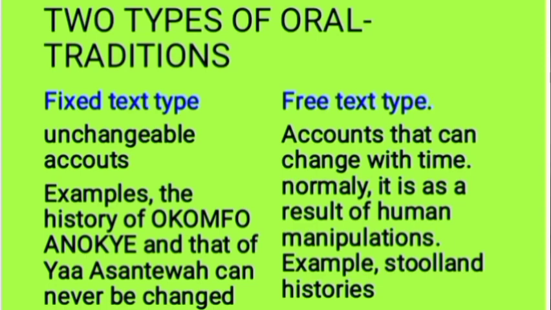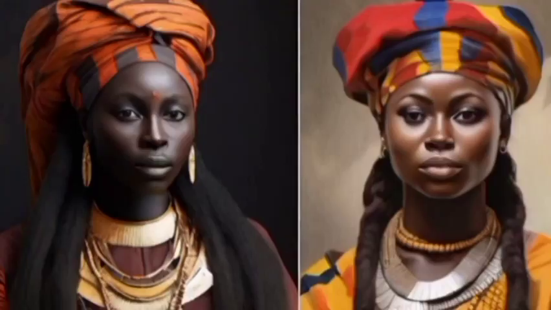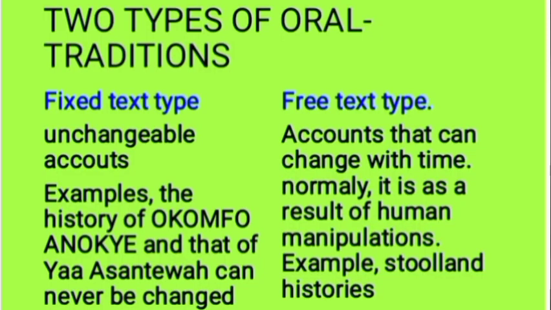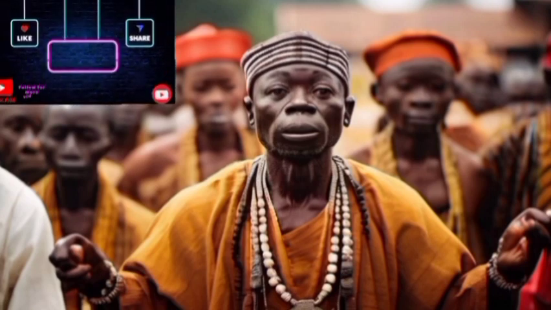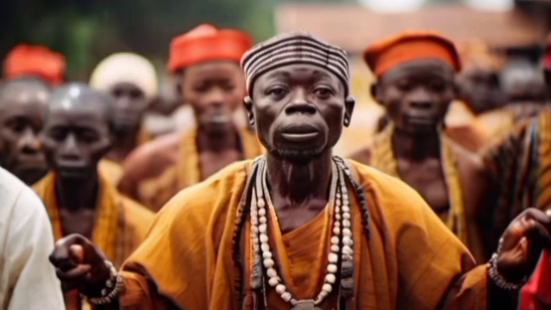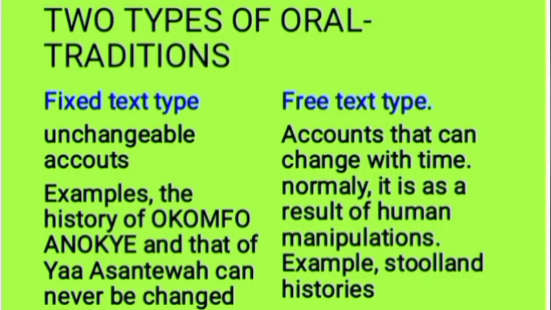No matter what you do to that particular history, it is fixed. The history of Yasantua is a fixed history. Nobody can change that. The history of how Okomfo Anokye was born, how Okomfo Anokye's relations with the first king of the Asante Empire was. It doesn't change. It is a fixed history. And if somebody is giving an oral account of that,